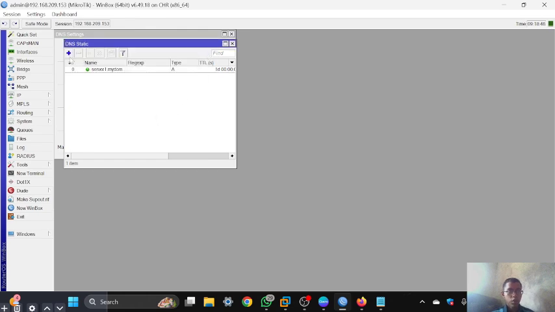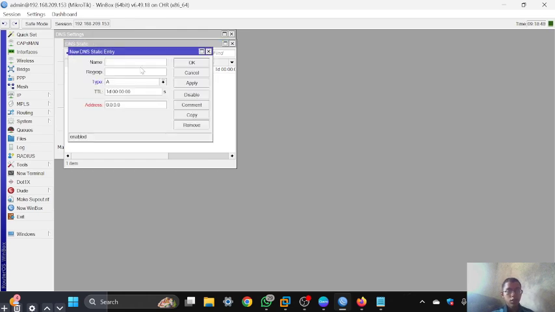And next I will configure the second server. For server 2 the domain is server2.mydomain.com, and the address is the IP address of server 2, which is this. And you can click apply.